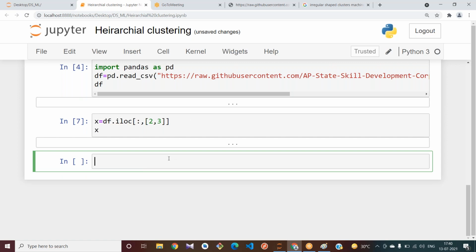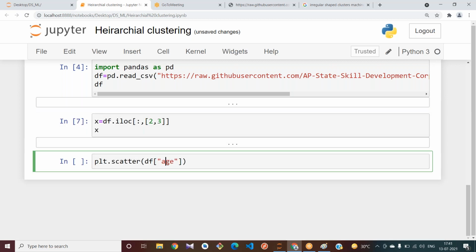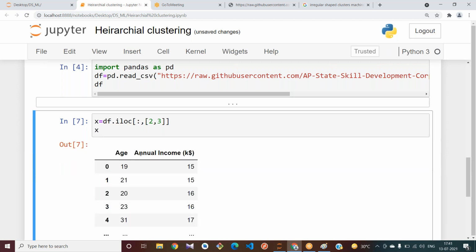First, let us plot our data. To plot our data, let me use a scatter plot. plt dot scatter of, in the x, let us take age, df of Age. A is capital. And df of Annual Income.